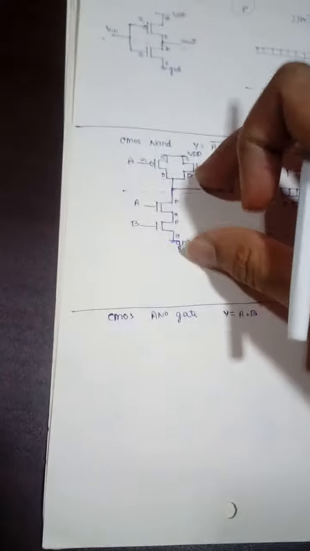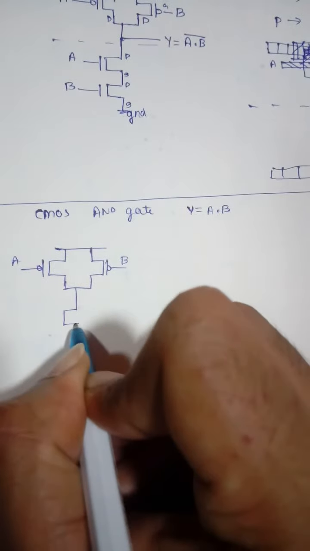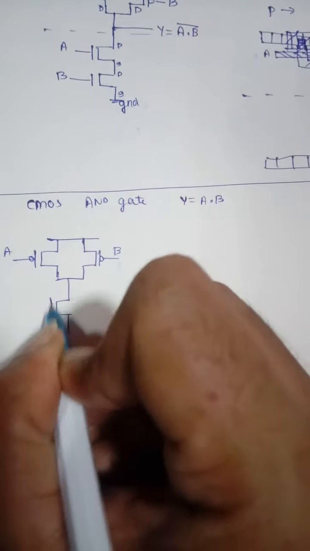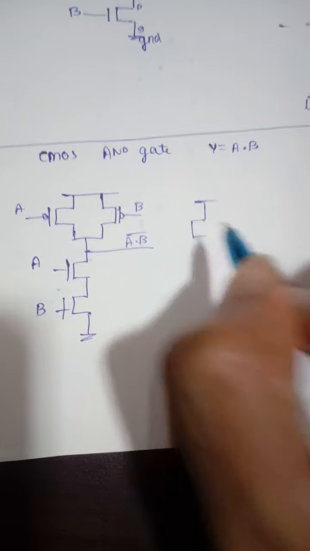It's very simple. You just need to connect these two things together, so in the layout also you have to connect these two things together. So quickly I'll write down the circuit. First let us design the CMOS NAND gate. I have to connect the P transistors in parallel and the N transistors in series, right? So this is your NAND gate where you get A dot B the whole bar, and here I have to draw the CMOS inverter.